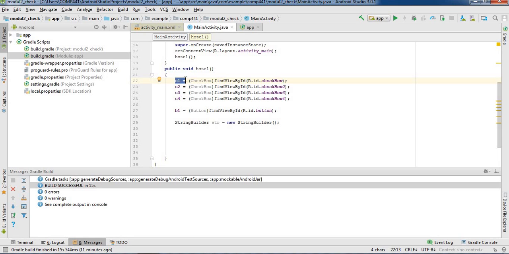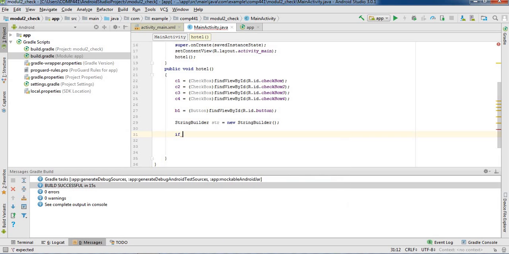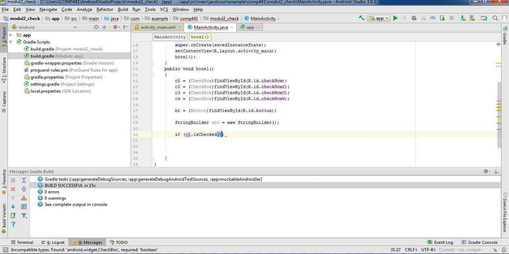So we have to check all 4 checkboxes, that which is the checked one and which is not checked one. So that's why we have to create an if else statement. So that is the if C1 dot is checked, it's only simple one, if C1 dot is checked, what will be the action?